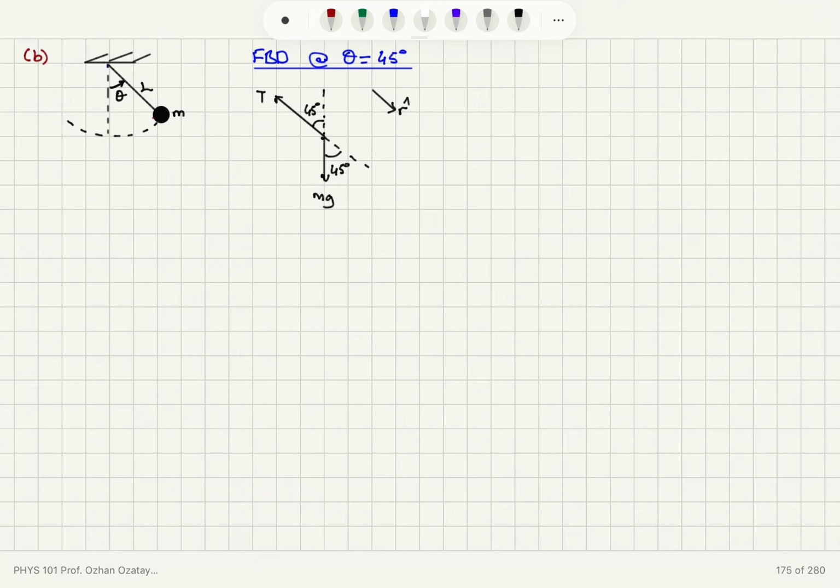As you can see, we're moving on a circular path here. So this is a circular path. We're moving on this arc. So if I write the net force in the radially outward direction, it would be mg cosine 45 minus tension, which is equal to mv squared over r, mv